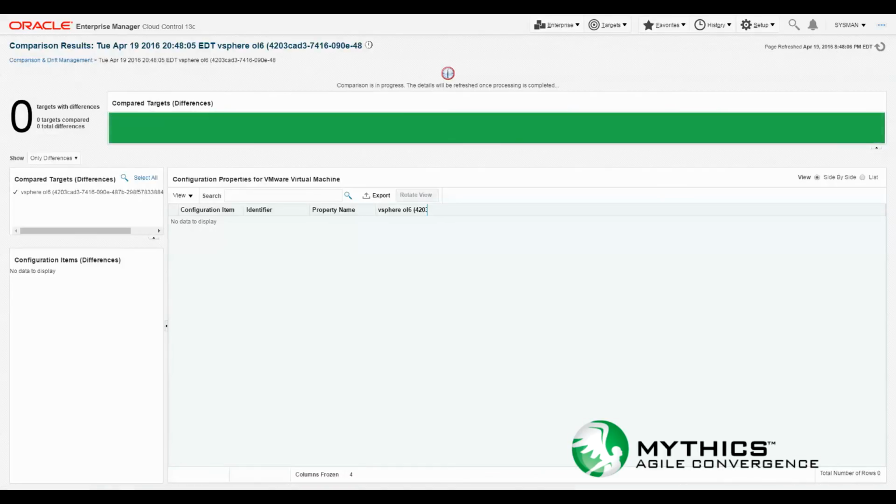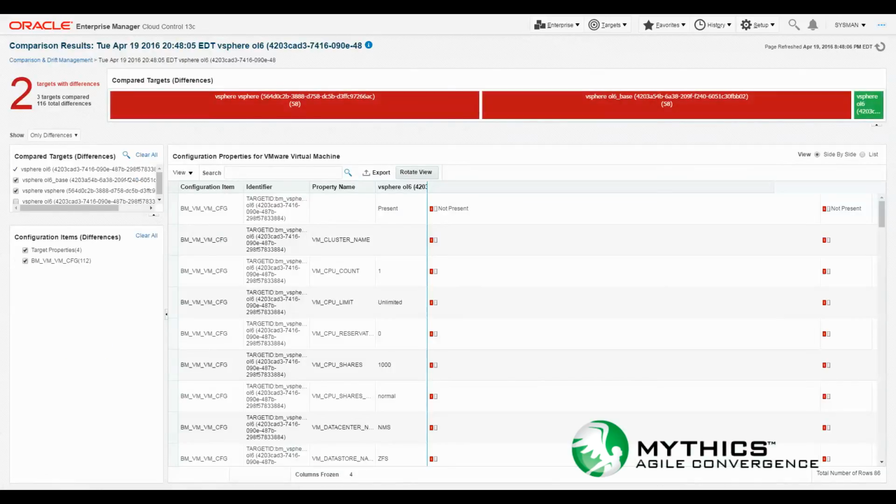The compare is a quick way of identifying differences between different environments. It's not uncommon in production environments where you have a problem in production or in dev test, and you don't have that problem in the other environment and you want to rapidly compare them. I can do that with this technology. You can see I rapidly compared 3 different systems and was able to quickly identify the differences between the systems,